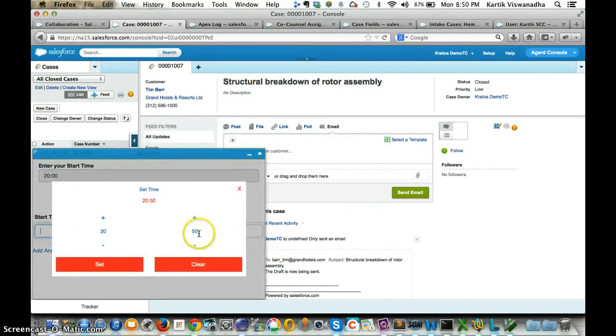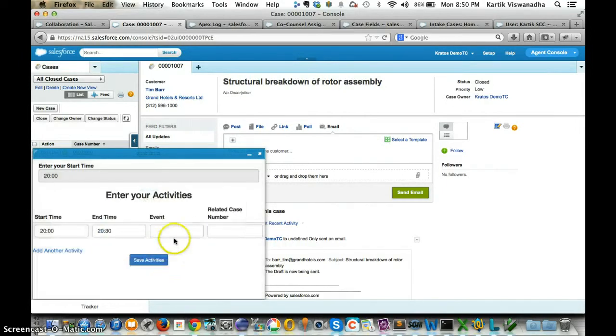You can enter the activities from 8 to 8:30. I did call log, and you can also assign the case number. If it finds it, it will map it. Otherwise, it doesn't do it.